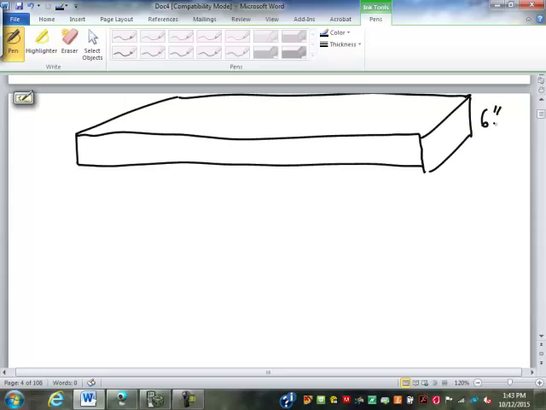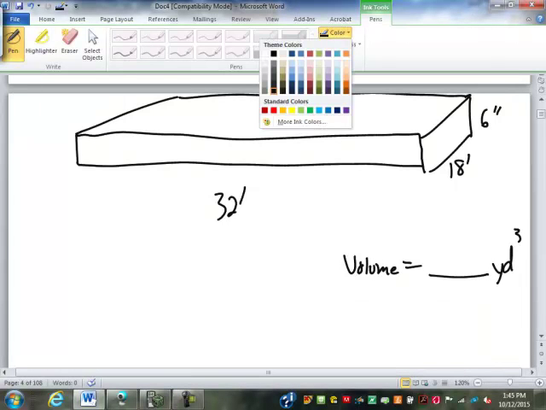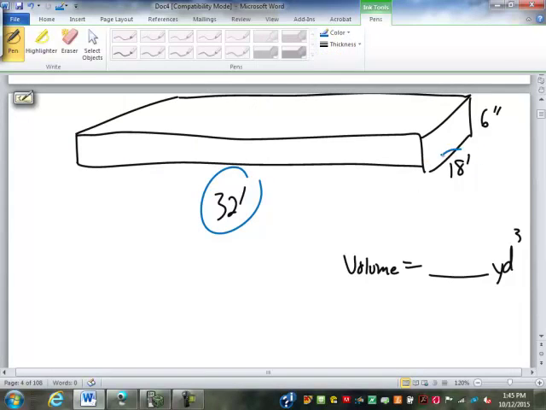So what if we are doing a piece of concrete that is 6 inches thick, 32 feet long and 18 feet wide. Find the volume in cubic yards for me. Okay, so first thing we'll notice is that these two dimensions are in feet, and this is in inches. To turn 6 inches into feet, I'm just going to make it 6/12 of a foot, or 1/2 of a foot. So now we've got 32 times 18